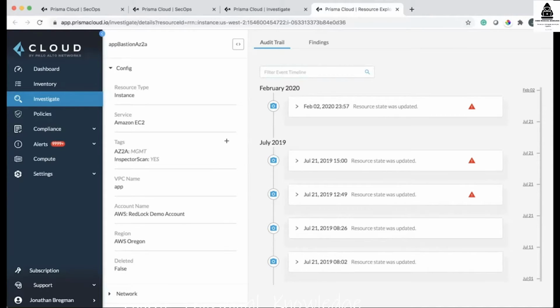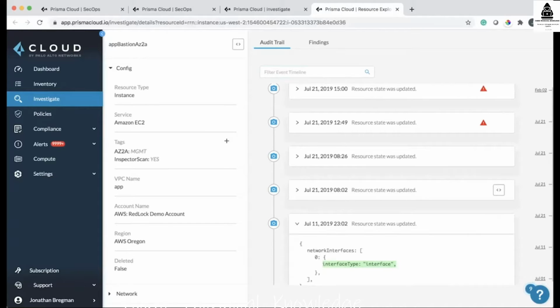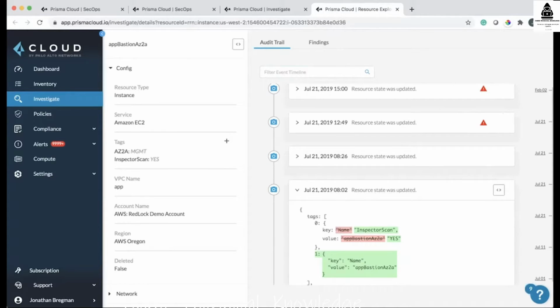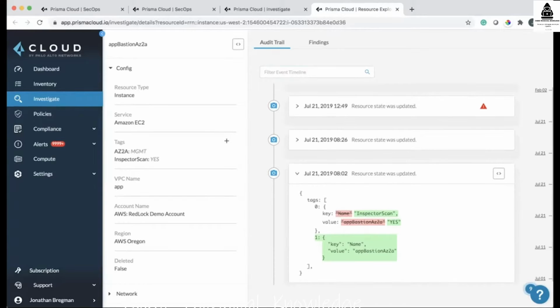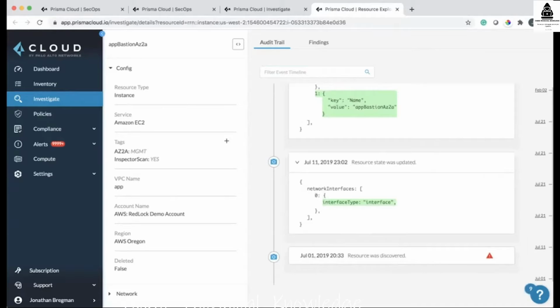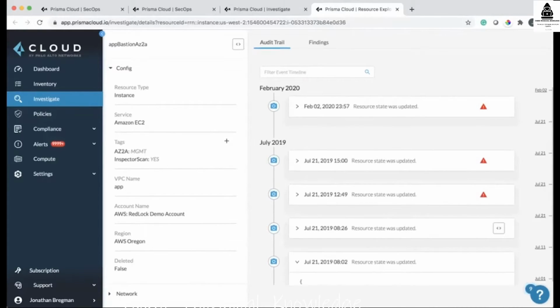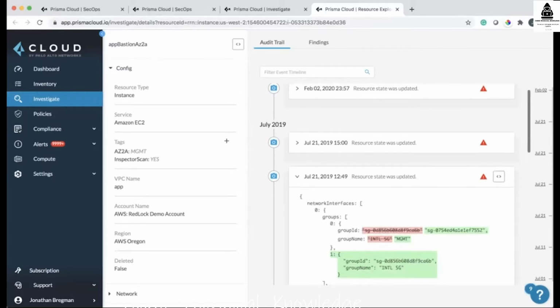Cloud brings up the audit trail, where from the moment the resource was first deployed into your cloud environment, and Prisma Cloud assessed the configuration of the resource, found some errors, and proactively surfaced alerts, to then every time the resource was updated, Prisma Cloud captures a diff of the changes and by whom. This enables you to go back to the very beginning of time of the resource and understand which developer or which user is making changes to that resource, and any time a change is made, that triggers additional alerts or